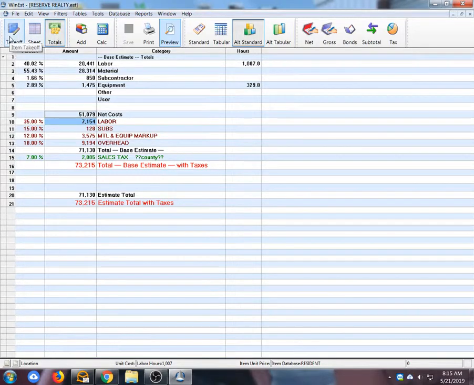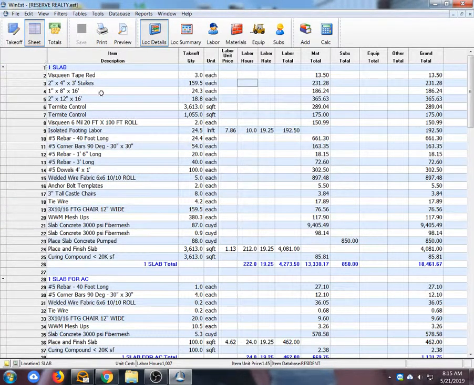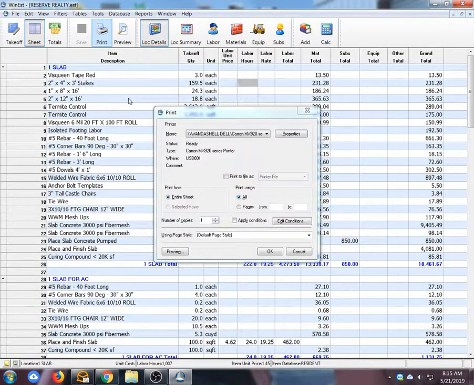So that's the totals button, and if we go back to item takeoff, we talked about the save and print. Let's say you were over here on this estimate sheet on the location details and you wanted to print this so you could have it on paper in front of you. You hit the print button, it comes up. This is on Winest printer. It's already set up for